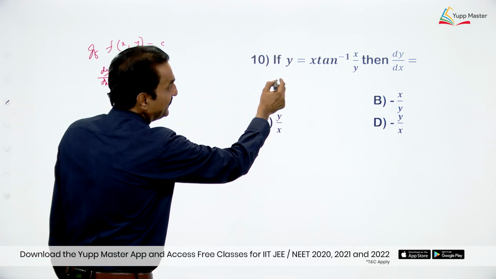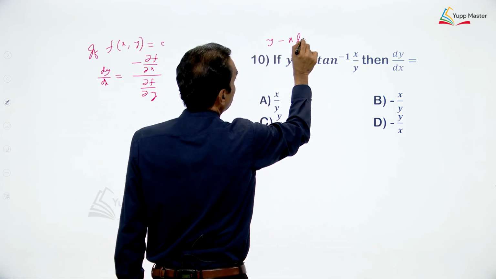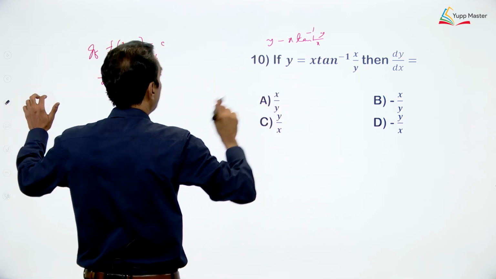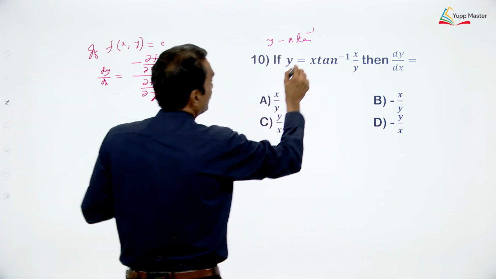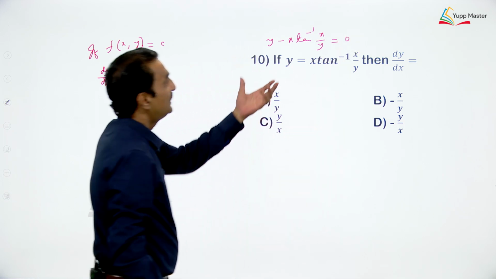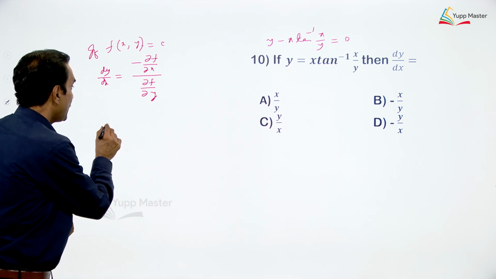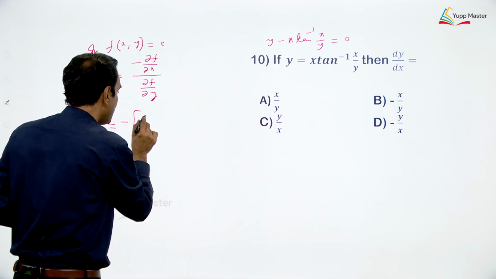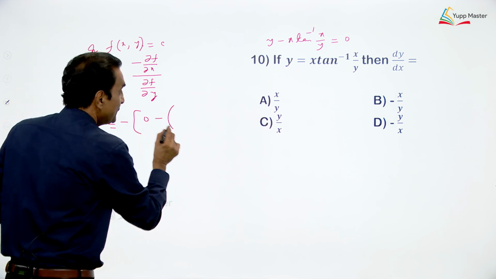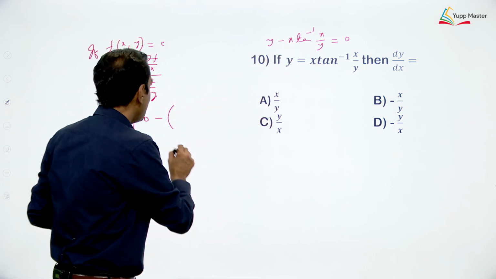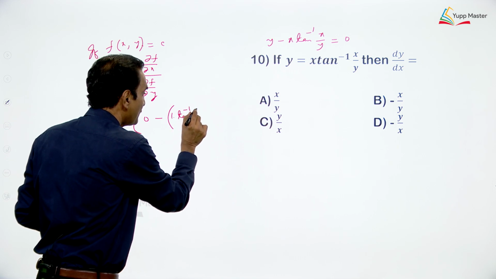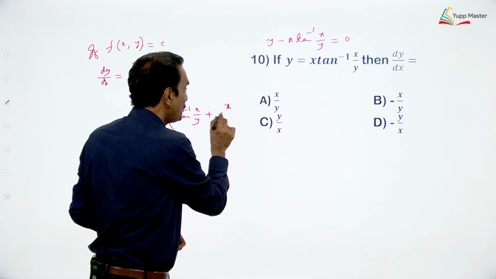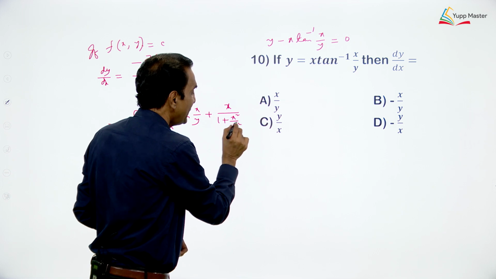Now, if you take this function, you can write it as y minus x tan inverse x by y is equal to 0. You take it as f of x comma y, then minus of, what is dou f by dou x? Partial derivative with respect to x, this is 0, minus, if y is constant, what is the derivative? 1 into tan inverse x by y plus x into derivative of tan inverse x by y is x into 1 by 1 plus x square by y square into 1 by y